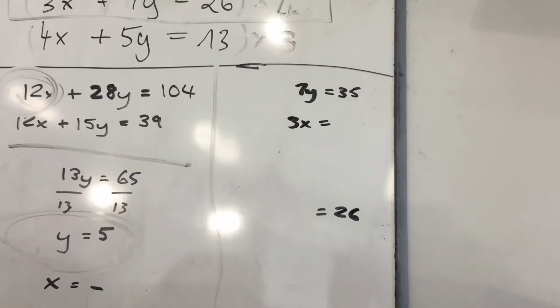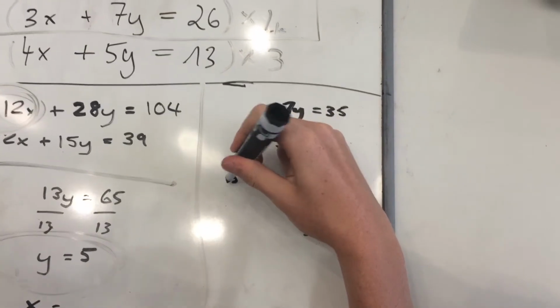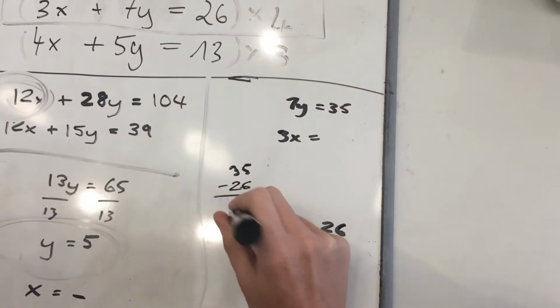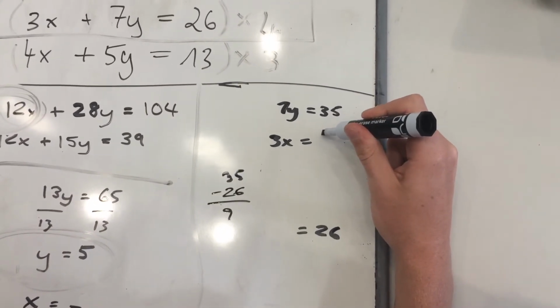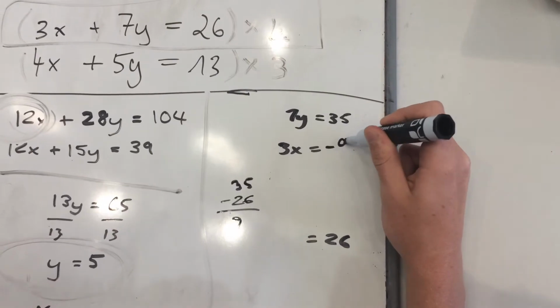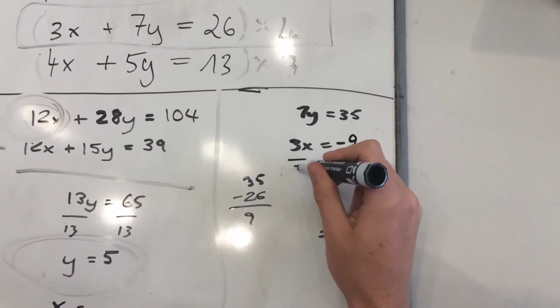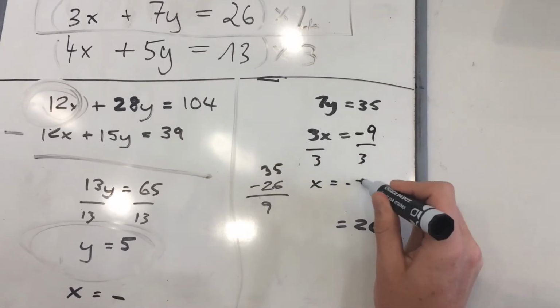One thing that we can do is 35 minus 26, which equals 9. So that must mean that 3x is negative 9. Which means that if we divide these by 3, then we will find x, which will equal negative